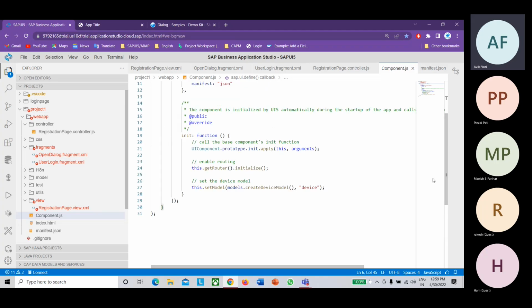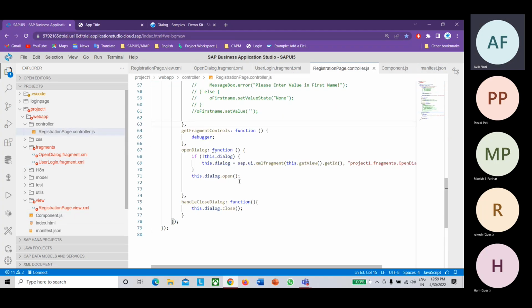Okay, guys, any questions in this? In the controller, for the dialogues with the fragment, or the fragment with dialogues, XML fragments, we have seen four things today. The lifecycle methods. After that, loading the fragment from the controller, loading the fragment from the view. And also we have seen how the controls can be designed in the controller. So utilize today's day. Practice it and let me know if you have any questions. Tomorrow, before we start with the session, you can just ping me if you have any questions. We can discuss that tomorrow.